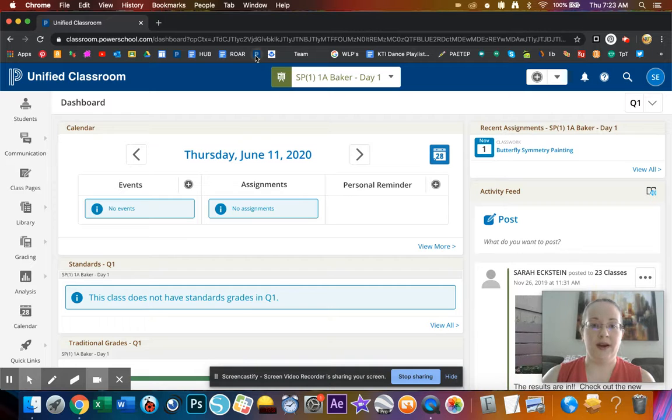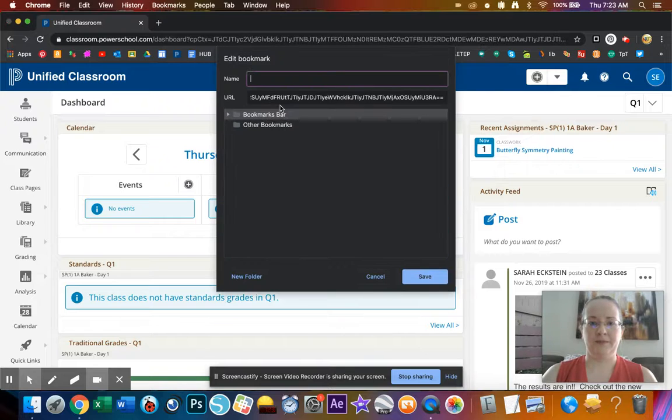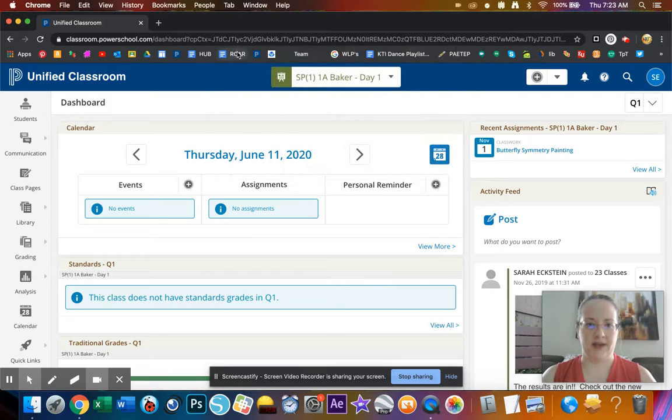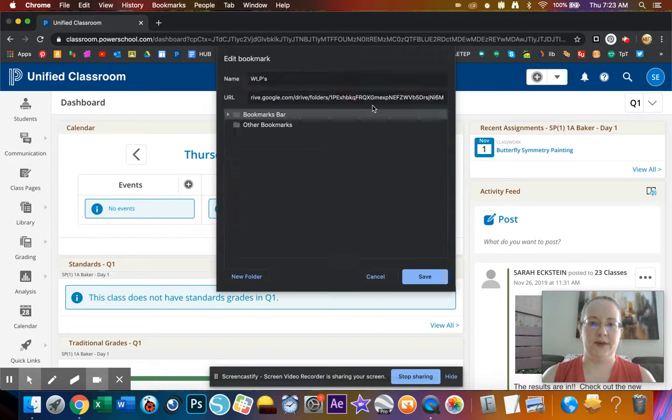If you want to bookmark it, I have 2 types of bookmarks. They're really not different types. I have ones that I know the icon for, and ones I might need a little bit more help with. If you hit Control and click, you can actually edit the bookmark, and if you need to give it a name, you can. So let me grab one of these that I don't necessarily have to worry about deleting. If I edit this, this is my weekly lesson plan link for my Google Classroom,